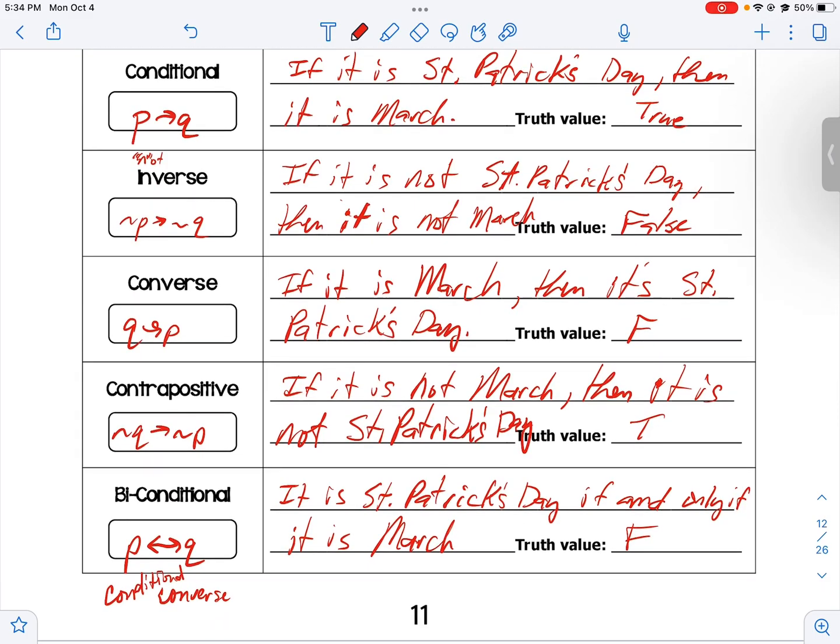And that brings us to the end of 2.3 notes. That's your P's and Q's, ladies and gentlemen. Conditional, P then Q. Inverse, not P then not Q. Converse, Q then P. Just switch around like a con artist. Contrapositive, really long word, lots of stuff. Really long word, lots of stuff means do both of the things. Not it and